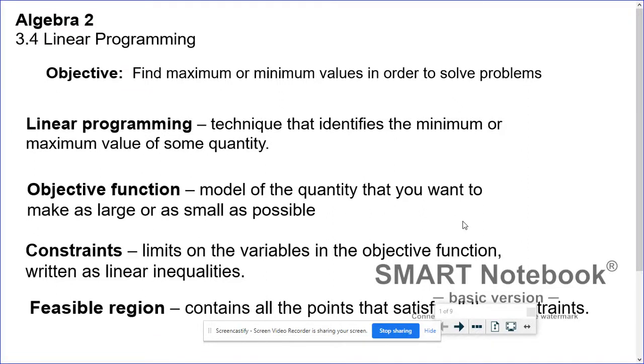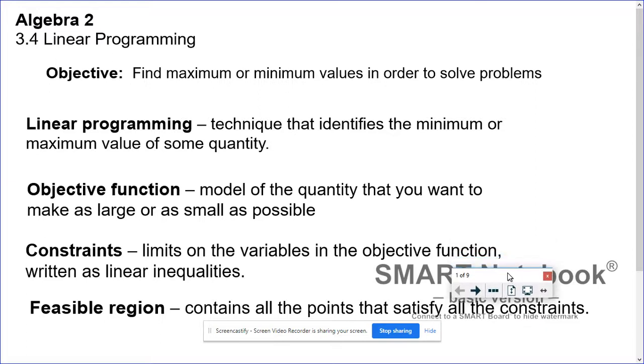Welcome to lesson 3.4. This lesson is called linear programming. The objective is that we're going to find maximum or minimum values in order to solve problems. There's a bunch of definitions here we'll go over in a second, but essentially we're pulling together all the skills from this chapter into one type of long problem. So this is the last lesson of the chapter,